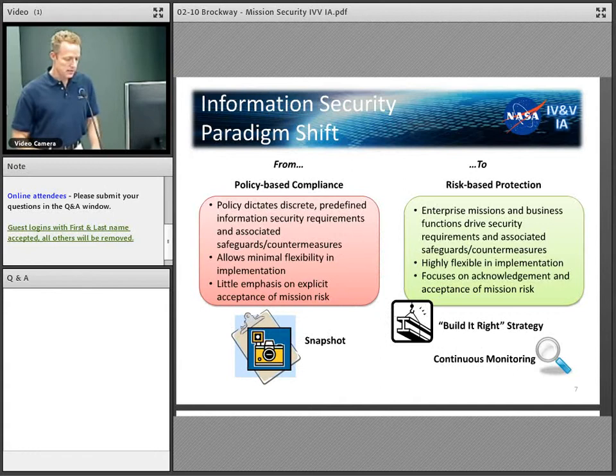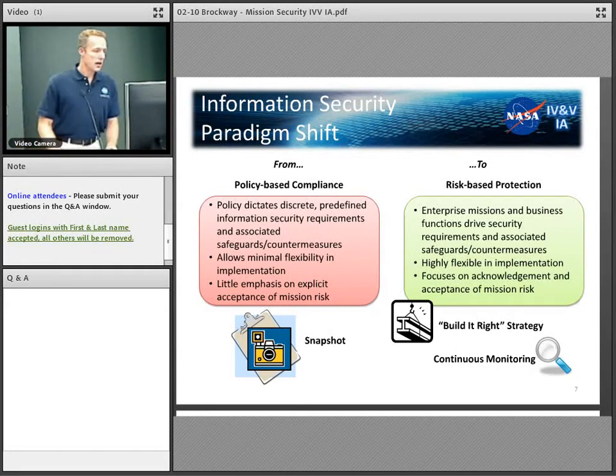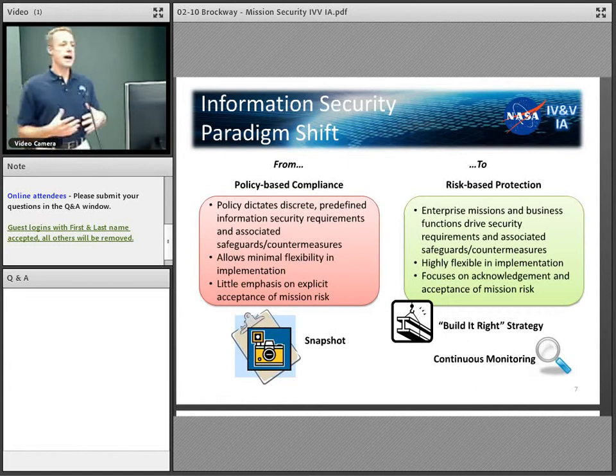So one thing that's helpful, as we continue to adapt and become more value added, is that with information security there's been a paradigm shift. Many, I think, still today look at security as a compliance initiative or as policy based, and indeed there is some history and basis for that view, but the framework has evolved to where it requires more of a risk-based approach, looking at the protection mechanisms.